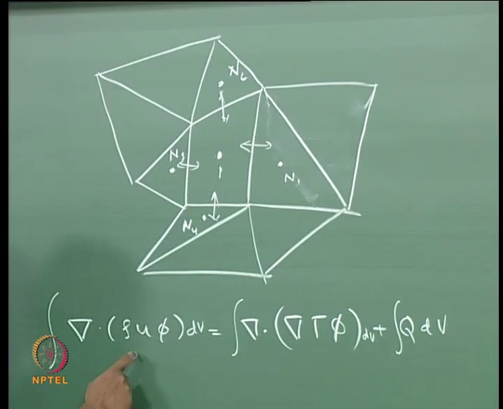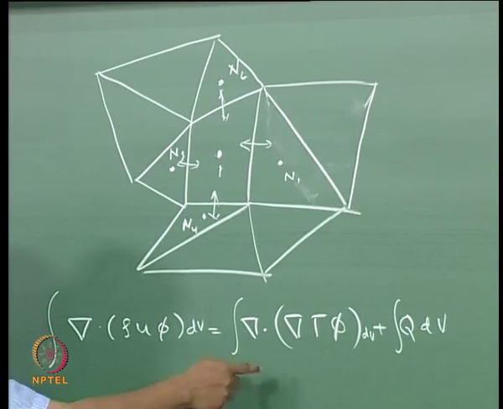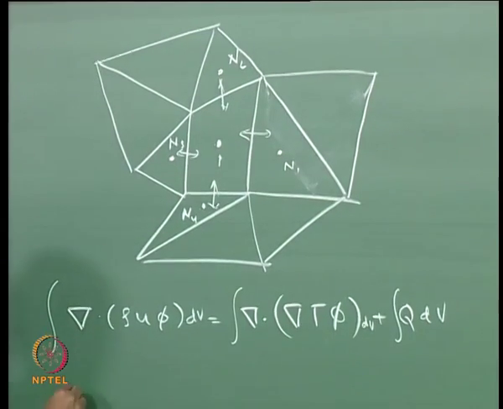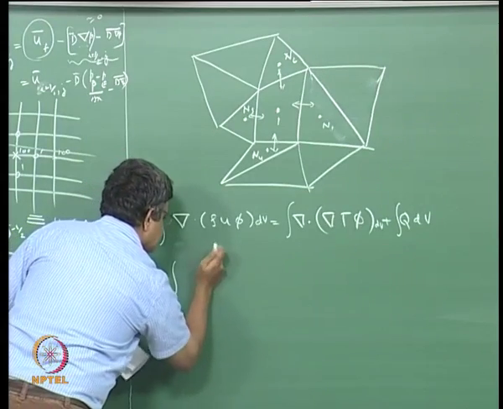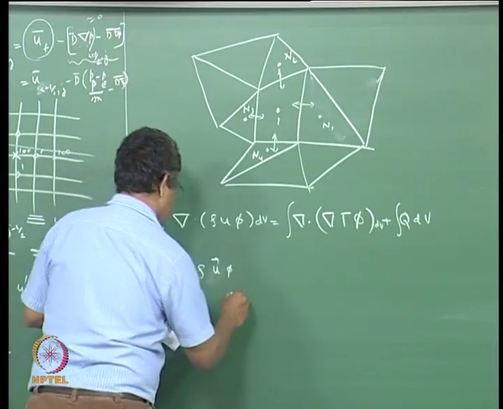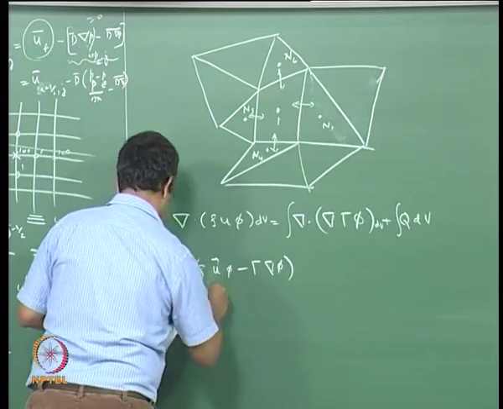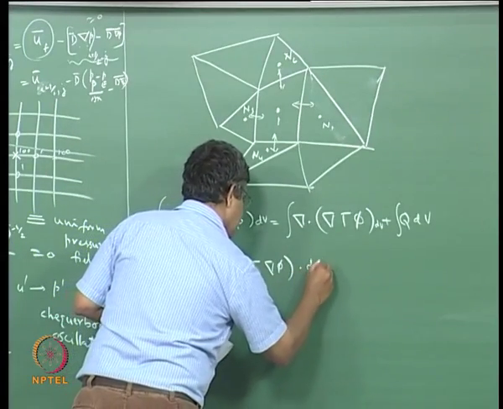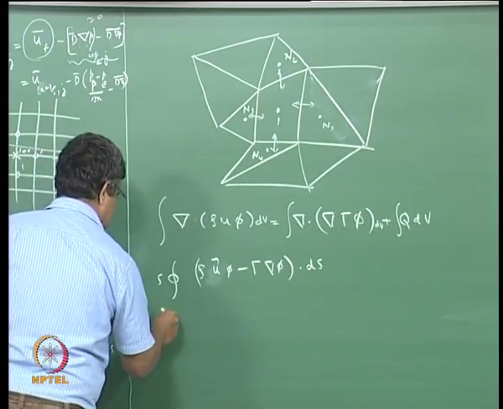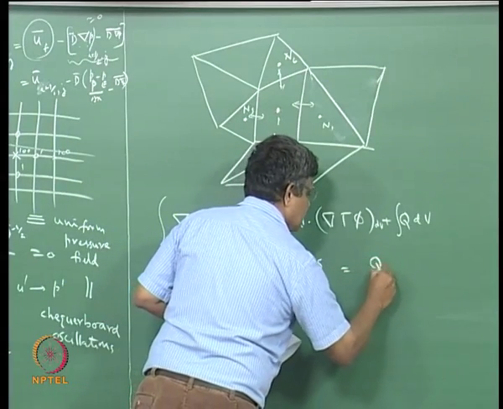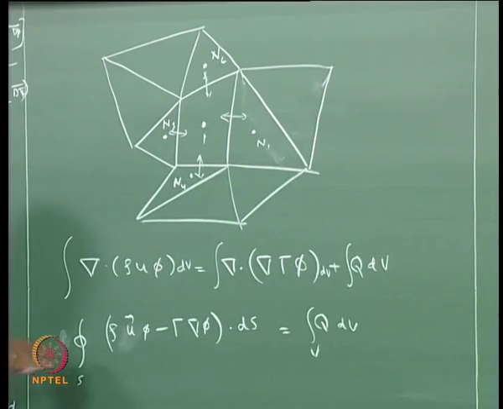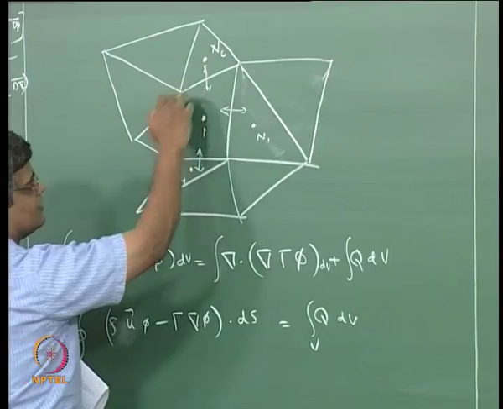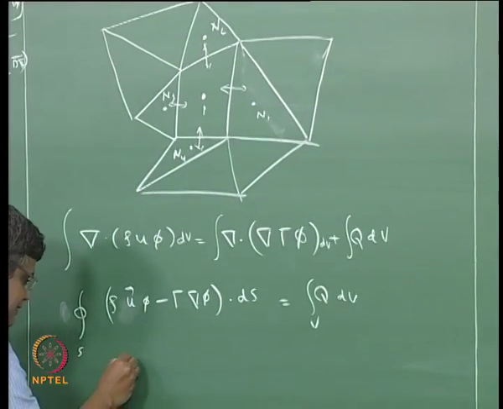And so we have diffusive flux here and convective flux here, and we can bring these two together, and then we can make use of the Gauss's divergence theorem to express this as a surface integral of the flux dotted with dS over the closed surface S, equal to the integral of q dV over the volume here, and this will be discretized, this will be evaluated on each of these faces, which we can represent in this form,